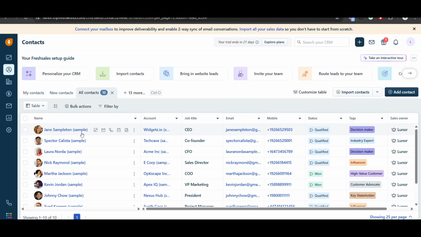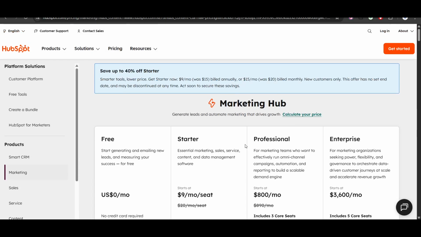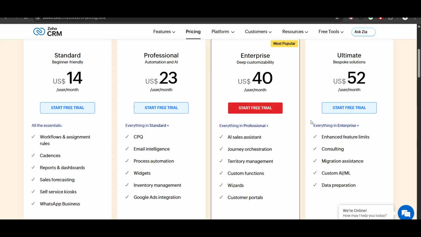But in terms of marketing, and you want more contacts and all that stuff, because in HubSpot you only get a 1,000 contact limitation. So if you have a need for more than 1,000, you must upgrade to a paid tier. Other than that, for Zoho, if you want to make it visually good,